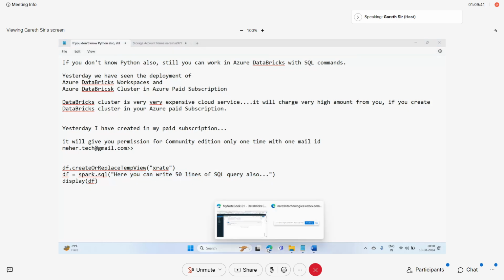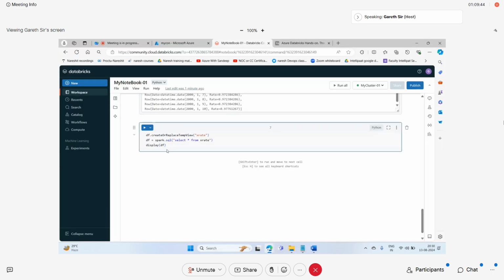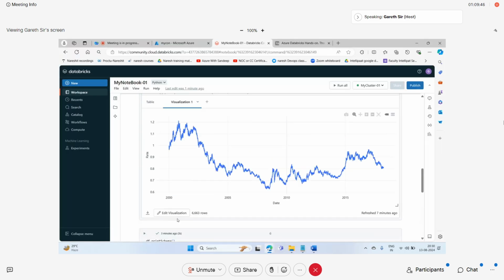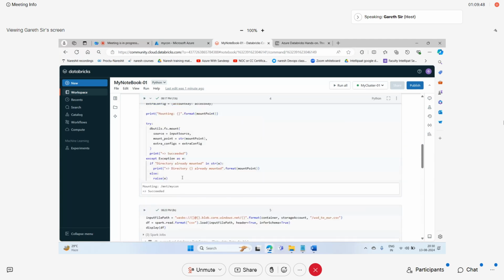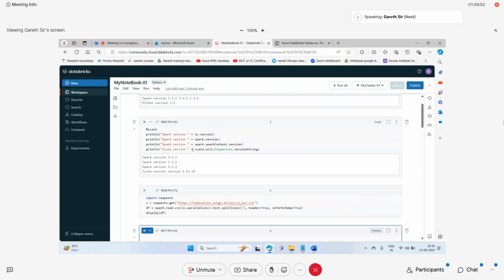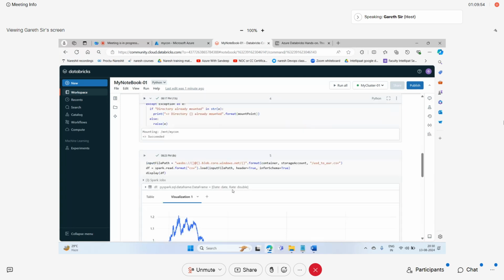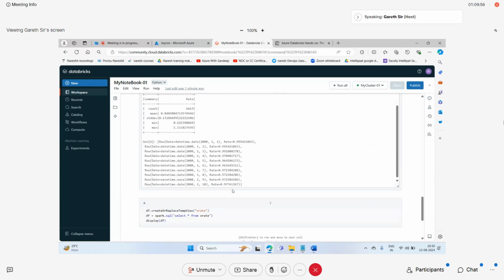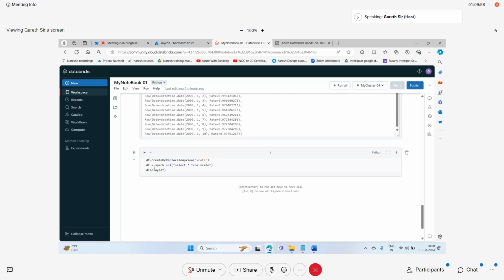And this is the power of Databricks. If you don't know Python, you cannot write these commands. It's difficult. There are many people surviving in projects even with SQL queries as data engineers. Spark.sql, double quotes, and write the SQL query. Straightforward SQL query, you can write it. You will not get any issue. Automatically,